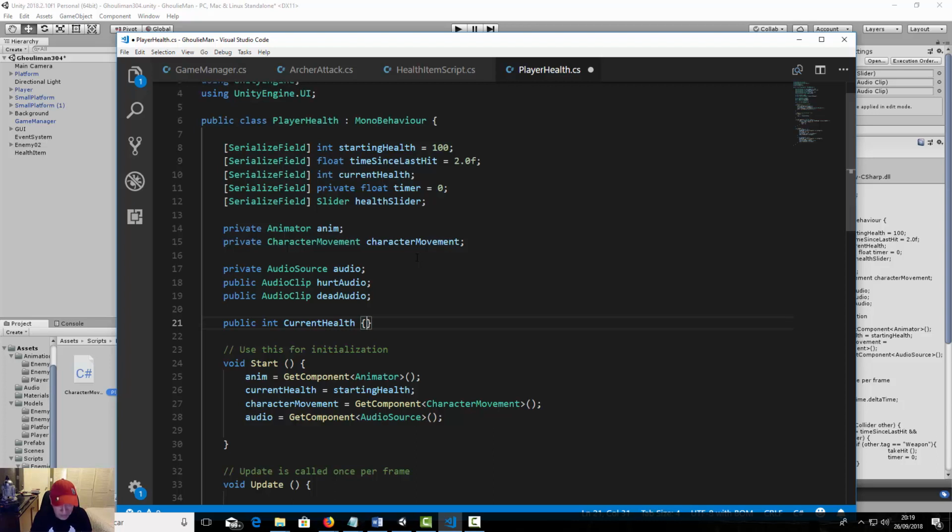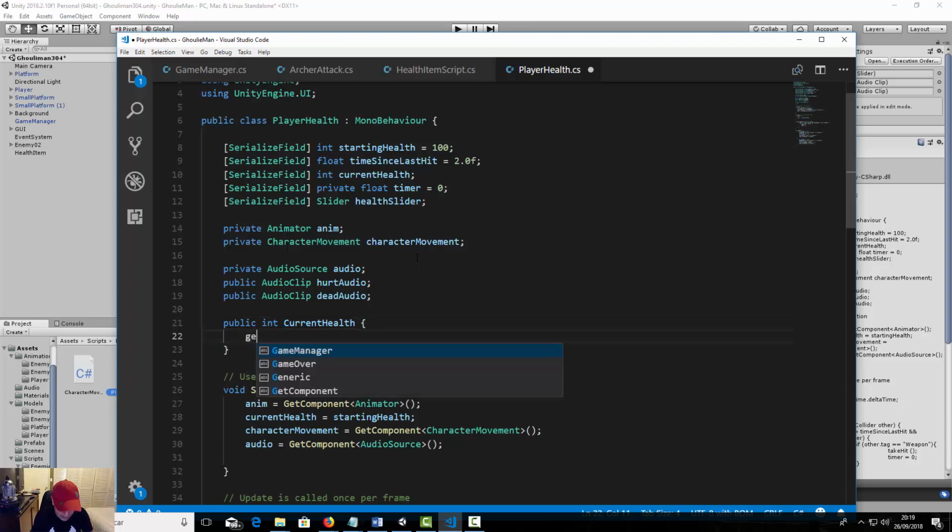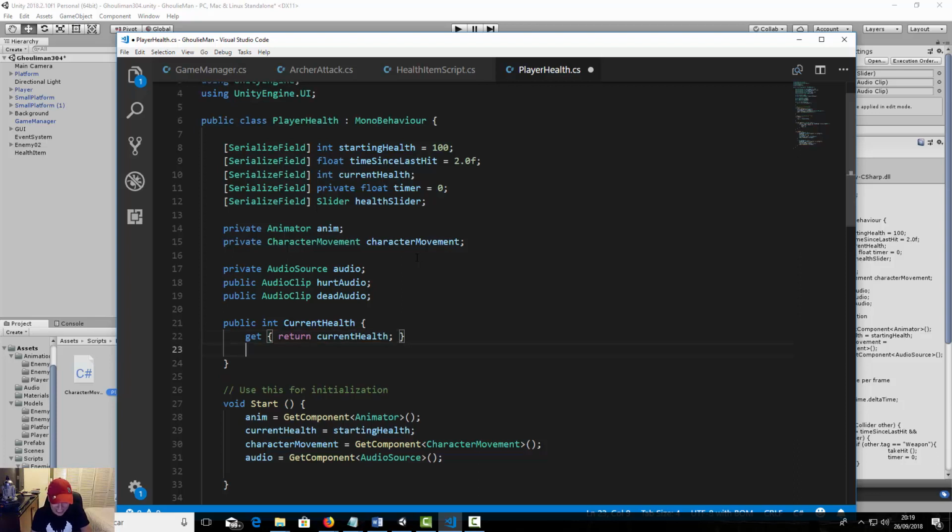Okay, so we're gonna make his getter, which is return our current health variable. Okay, that's it for our getter, but we need to make a setter so we can update the variable. So set,